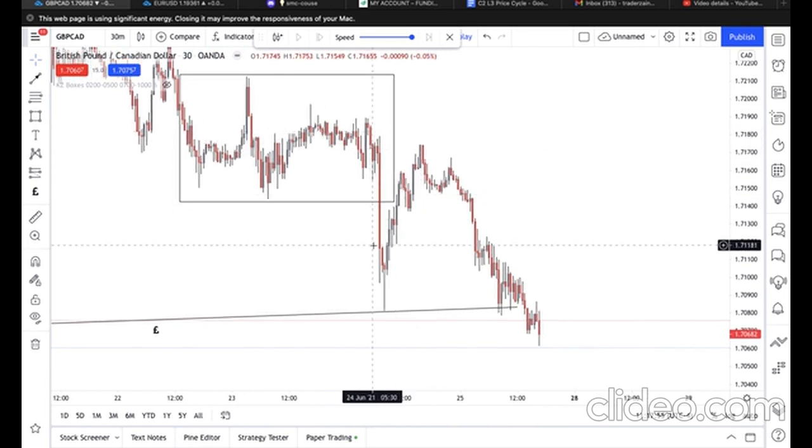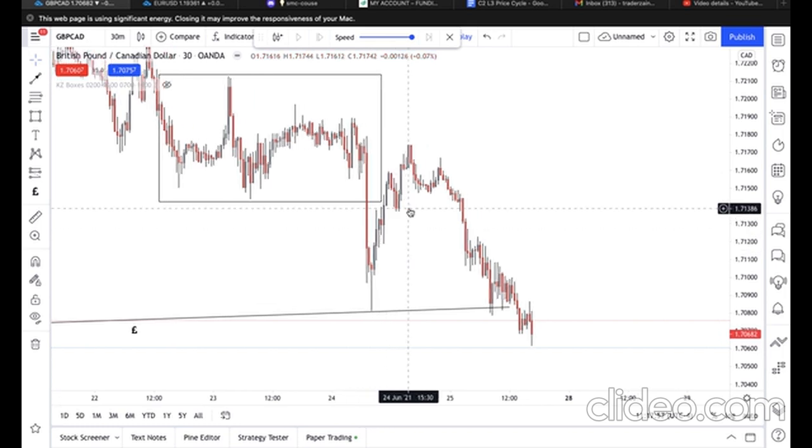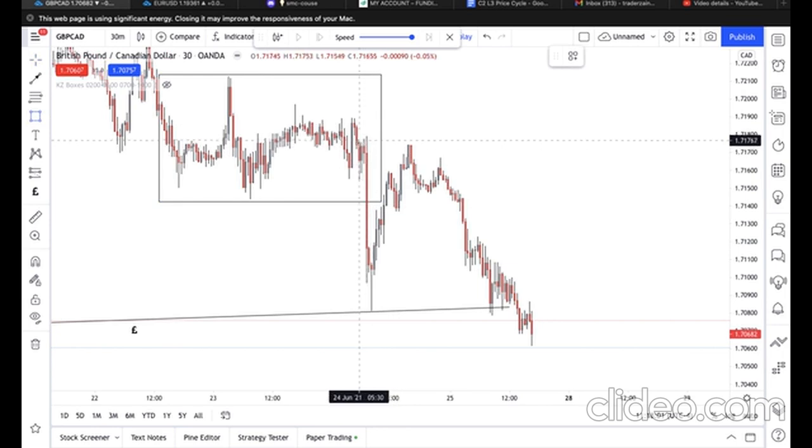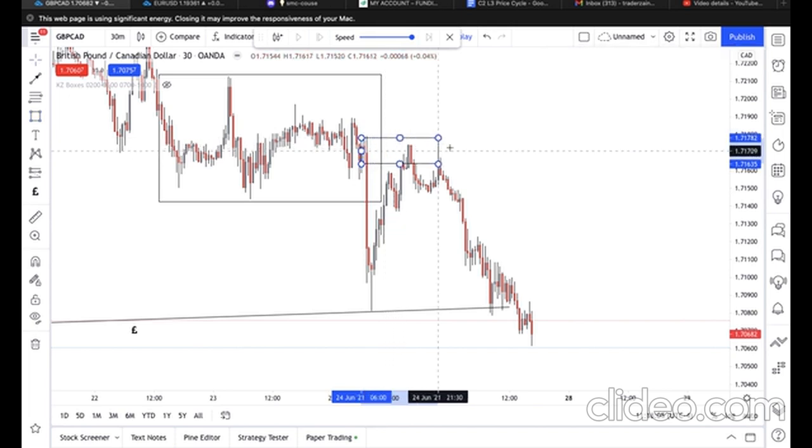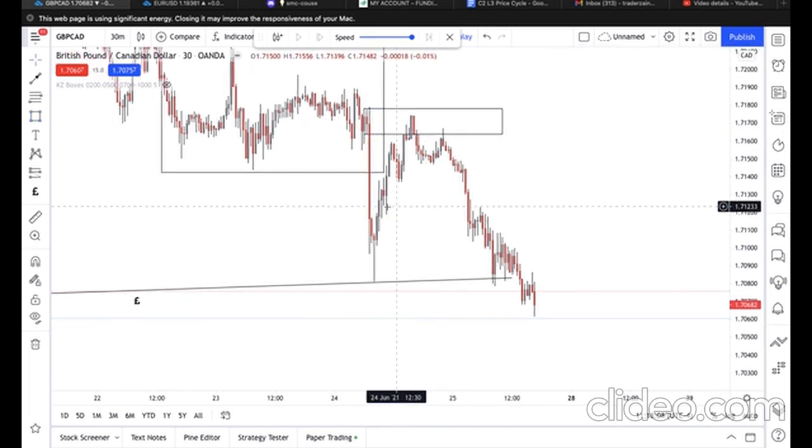Now remember, once we get that expansion, we look for the order block or the zone that it left behind. And as we can see, we can identify this very nice indecision candle. And what does that mark out? A supply zone. Now the retracement. Retracement seeks to fill in any inefficient price action. This whole candle is the inefficient price action. Price pulls back to fill in this price action. And finally,